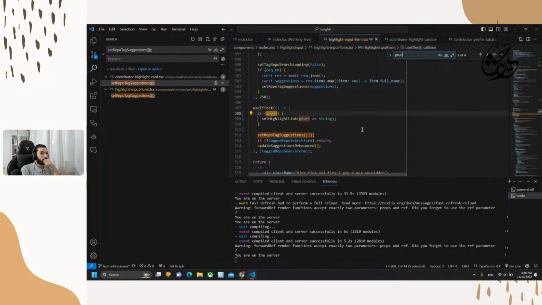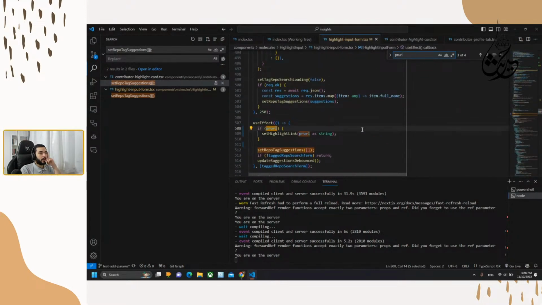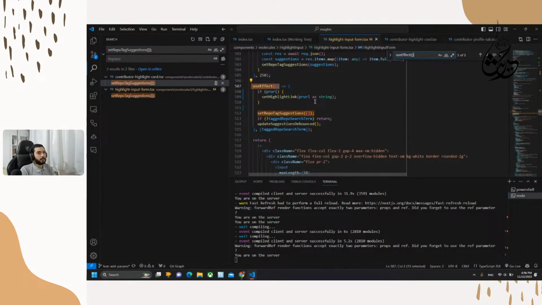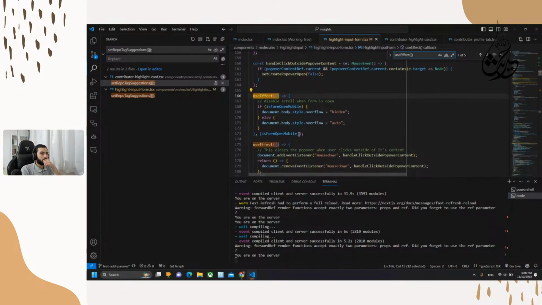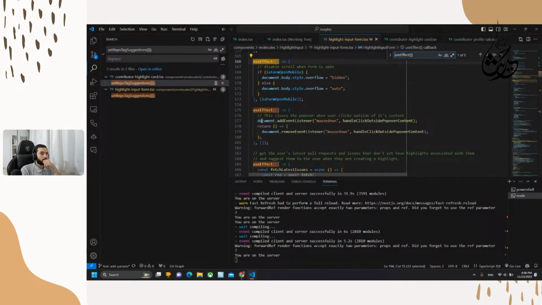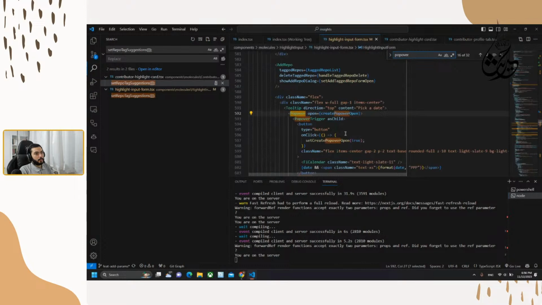It shouldn't be in the tagged. Let's see. Which popover are they talking about?